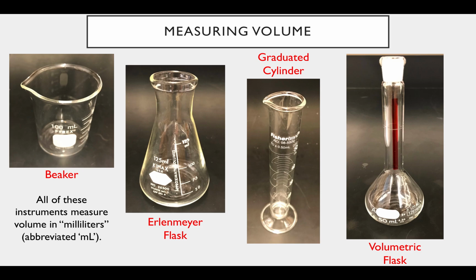Okay, so measuring volume. We have so many different instruments that measure volume. So let's just talk about a couple of these here. We have a beaker, an Erlenmeyer flask, graduated cylinder, and a volumetric flask. All of these instruments are going to be giving us volumes in milliliters, which is abbreviated with the mL. The metric unit, the base unit that we're working with here is liters,